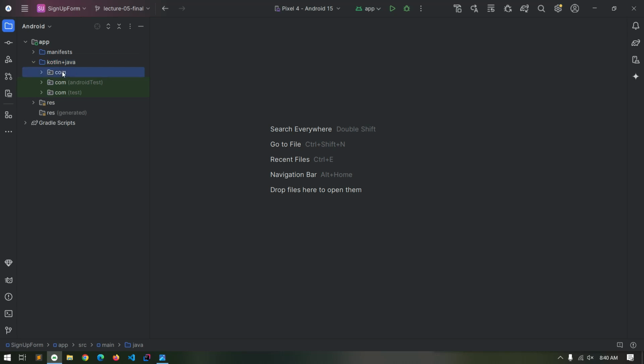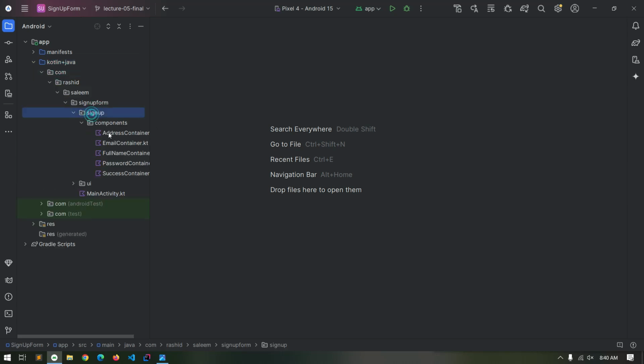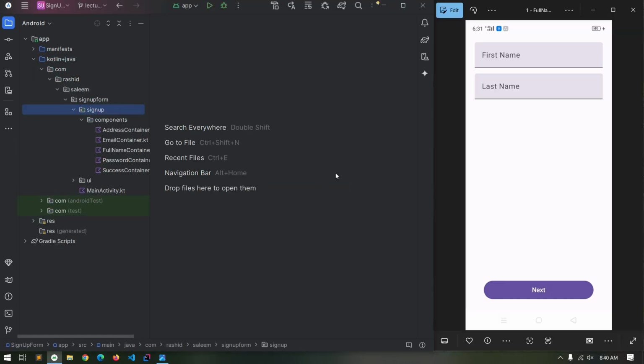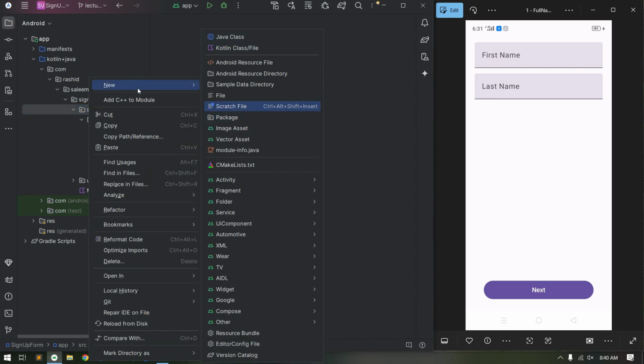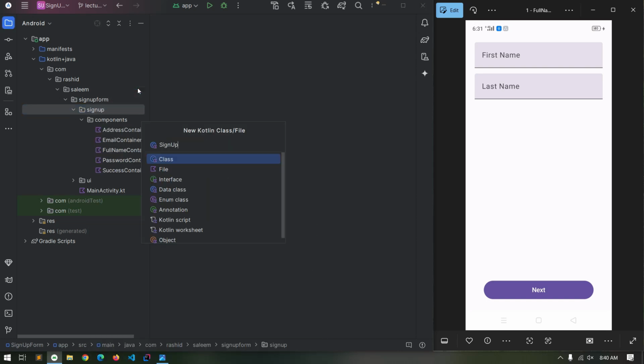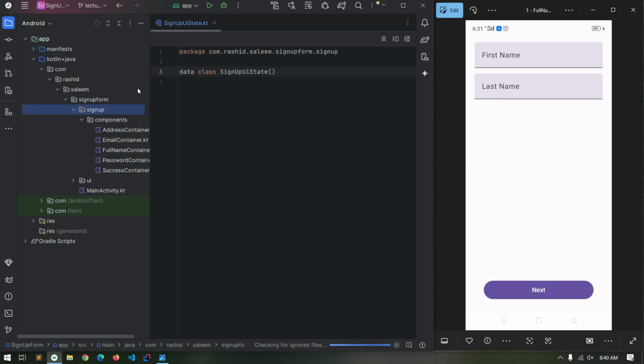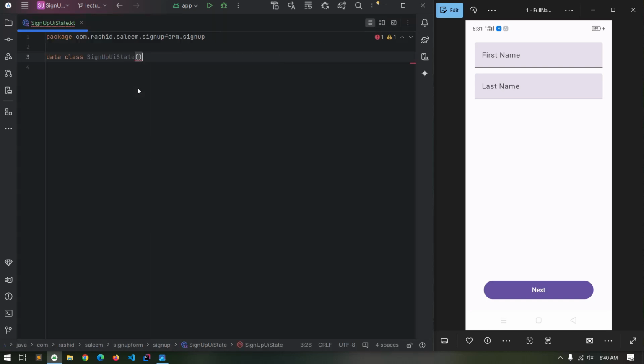So we will go to this sign up, and in here we will create a data class named SignUpUIState. Okay, and in this data class we will hold the value of these text fields and also initialize them with the empty string, and to make a copy, press Ctrl D,